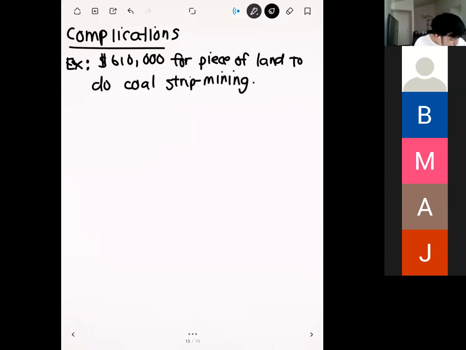After you buy this initial piece of land for $610,000, the company expects to make $200,000 per